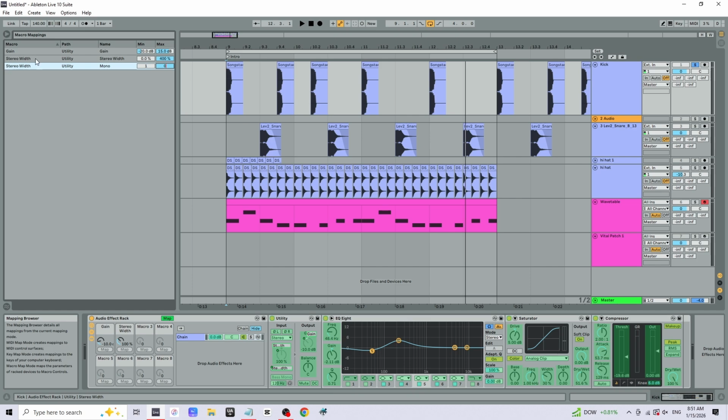And these are both stereo width. They might get a little confusing, but it has the name here. So you can see this one's referring to the mono button, and this one is referring to the stereo width knob. I had it on these exact, I think I had it like this. So now what it's saying is